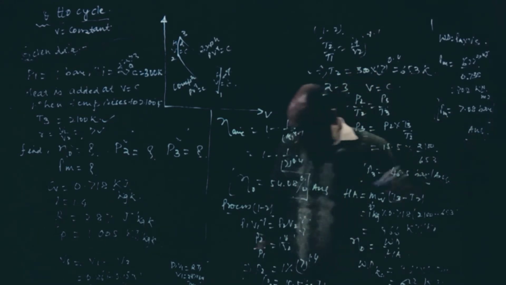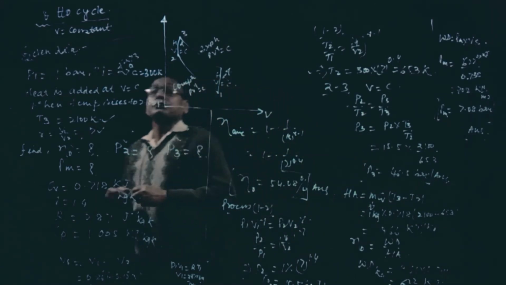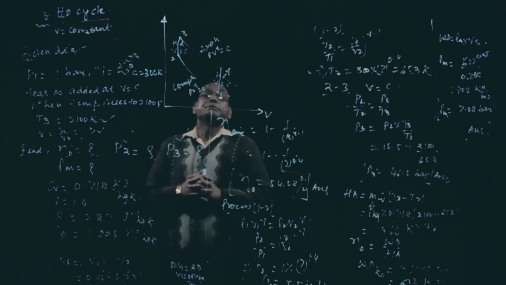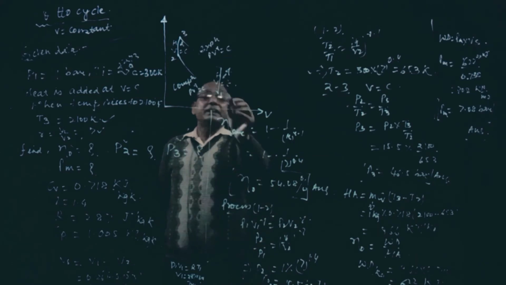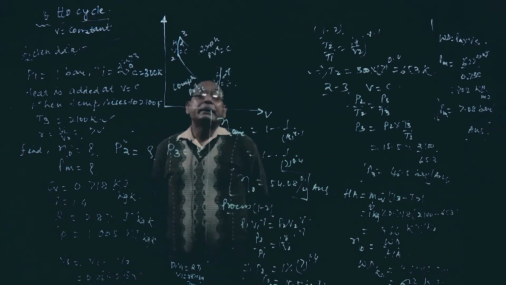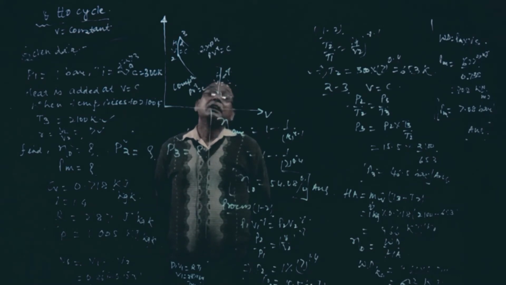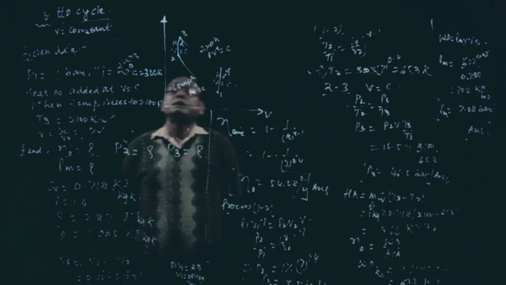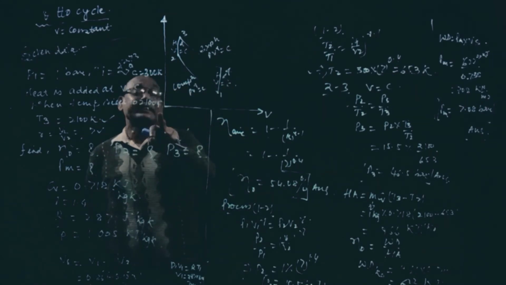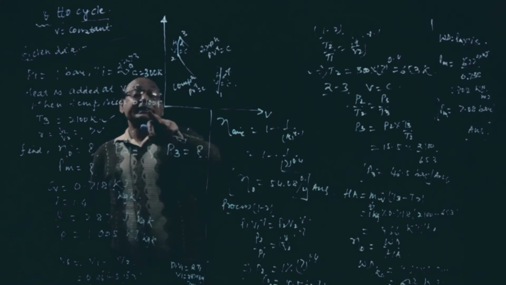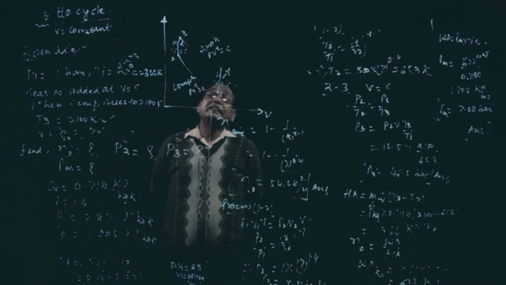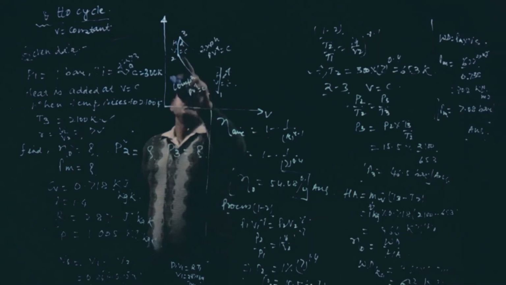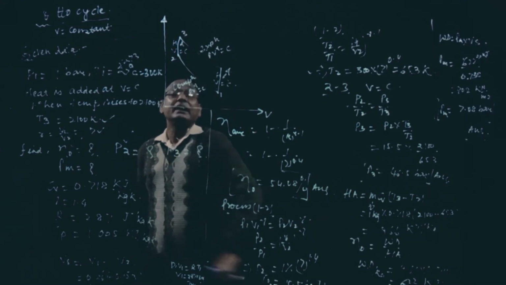So let us sum up what we have done for this numerical. The question was: a cycle working on the Otto cycle having pressure 1 bar and temperature 27 degrees before the compression. Compression ratio is 7. Heat is added at constant volume till its temperature rises to 2100 degrees Kelvin. That I have written here, T3, and R is given as 7. Find out the air standard efficiency, the pressure at the end of compression, that is P2, the pressure at the end of the heat addition process, P3, and the mean effective pressure.